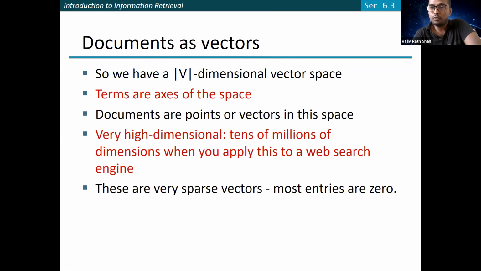So could anybody quickly comment, what was the issue with such a vector representation? Because in a way this is just a bag of words model, right? In a way you can say you are having some quantitative representation of the document based on the statistics of the different terms which are there. Anyone, what is the main issue with this kind of representation as a vector?